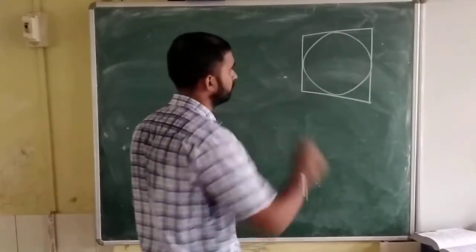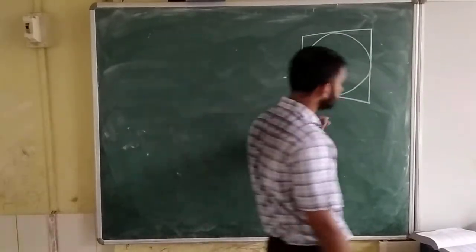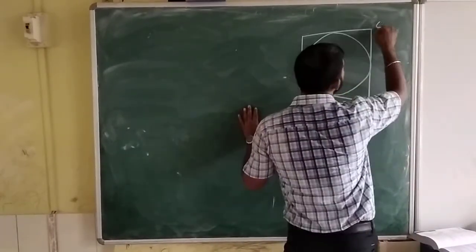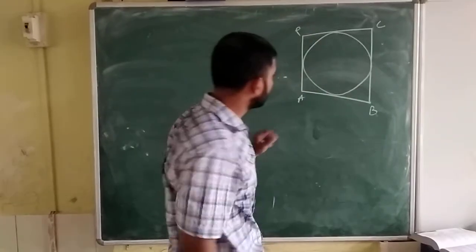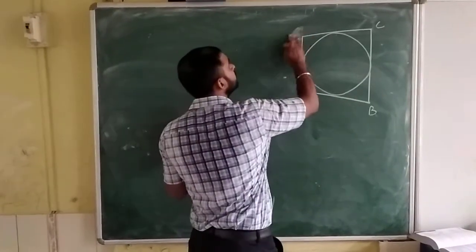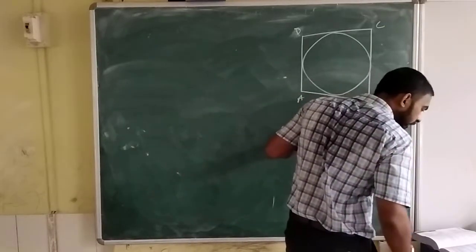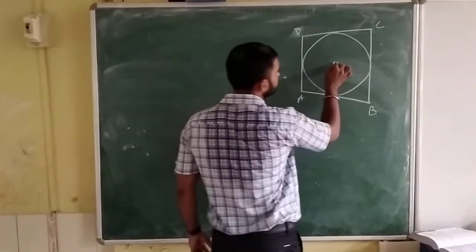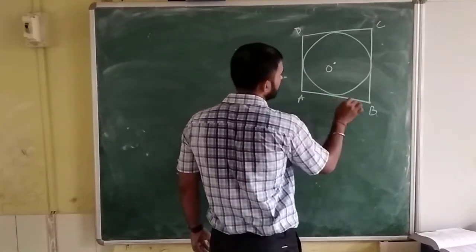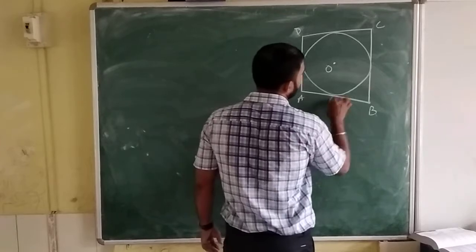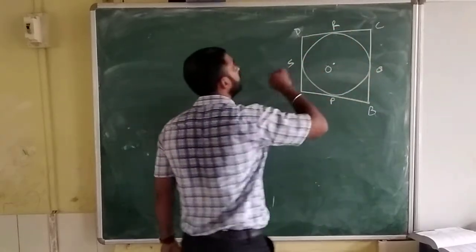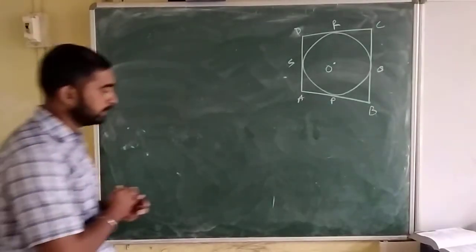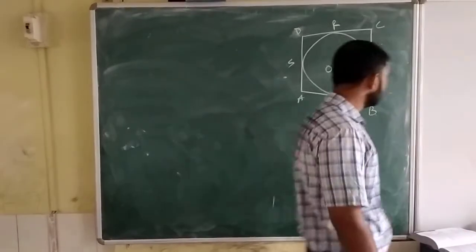It looks like an oval, no? Like a basket over a baseball. ABCD. So what is the question? We have to prove that AB plus CD equals BC plus AD. Okay, this is handled. Suppose the circle touches the quadrilateral at points P, Q, R, S. Then prove what? This one.